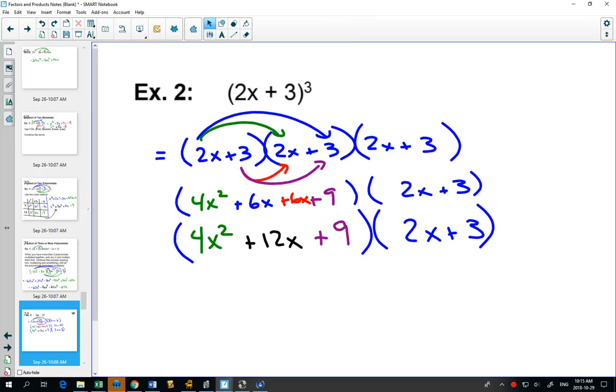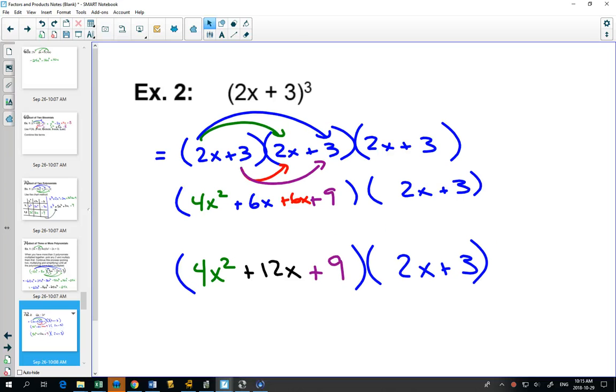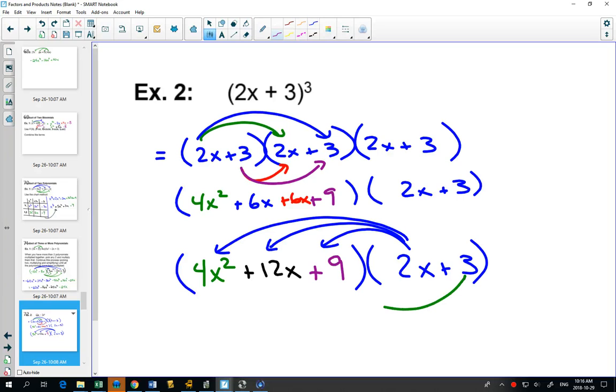And now, I'll move all this down a little bit, just so that I have room for my arrows. And now I'm multiplying 4x squared plus 12x plus 9. Okay? You can choose how you do your arrows. So I'm going to show you that if we usually have the binomial out in front, then our arrows look like this, right? Blue, blue, blue. That one goes to all three. And that one goes to all three. If you did that,